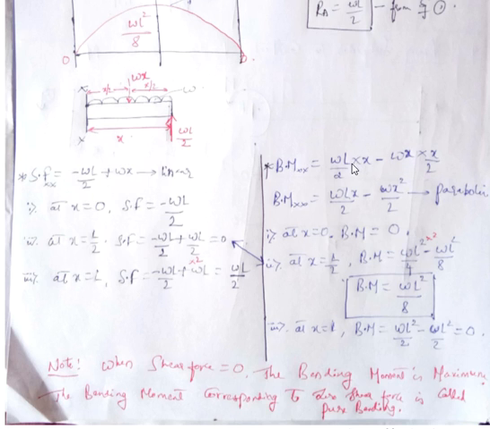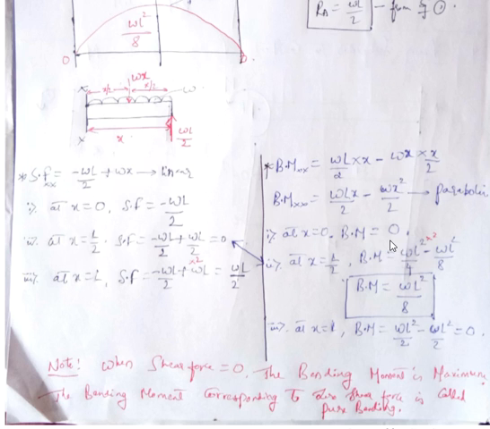This I can further write as bending moment equal to WLx by 2 minus Wx into x is Wx square by 2. Here the variable is x. Here the power is 1, but here the maximum power is 2. We need to consider the maximum power, that is 2, which represents parabolic variation. So I am going to join it using a parabolic curve.